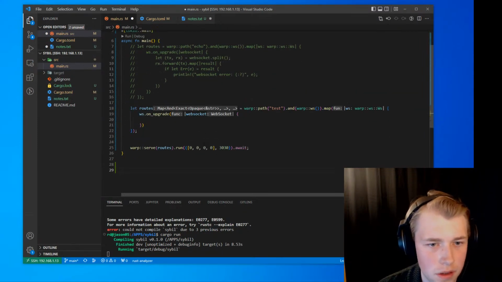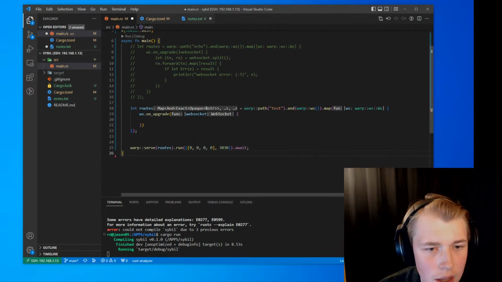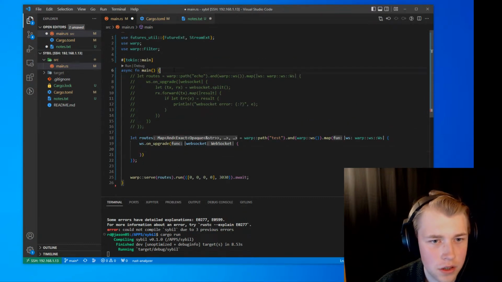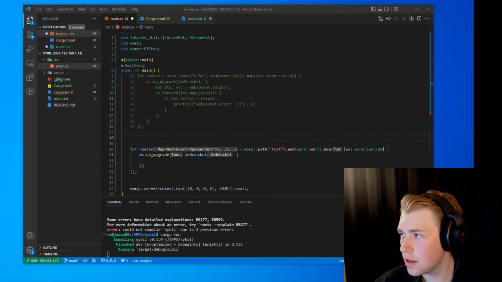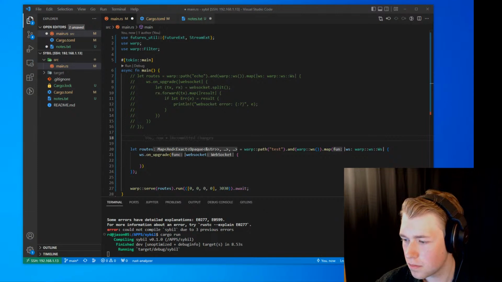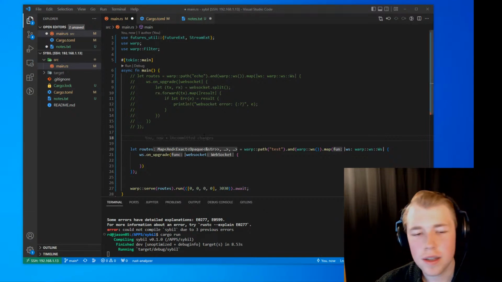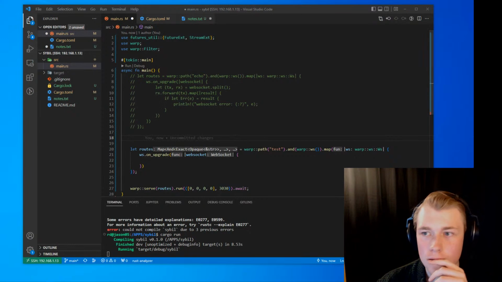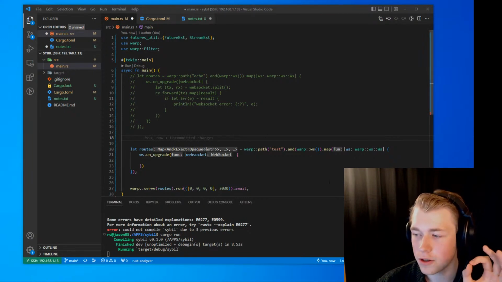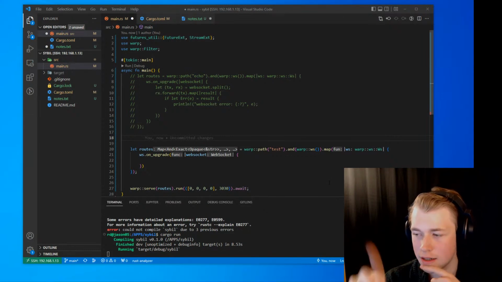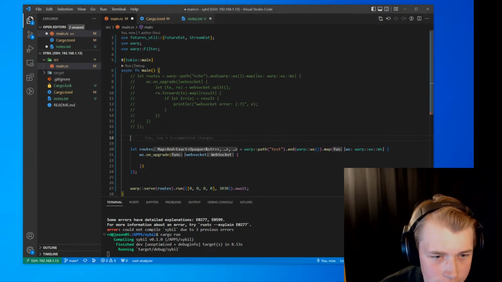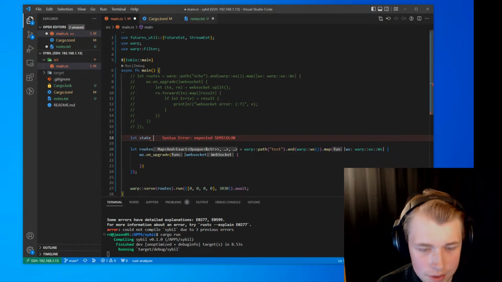I've got that up there, so we don't need that. And in here, I suppose if you have a value inside an Arc and a Mutex, it doesn't need to be mutable because the value inside the Mutex is. Anyway, so let's just do state